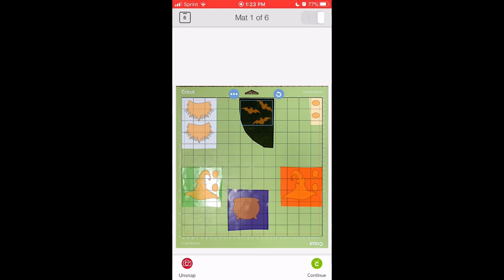So there's your three different methods. You've got your desktop, and you've got your Snapmat. I do want to mention that on the Snapmat, if you have your project all one color, you don't have to transfer from mat to mat to mat. You can just do it like we did, all one color